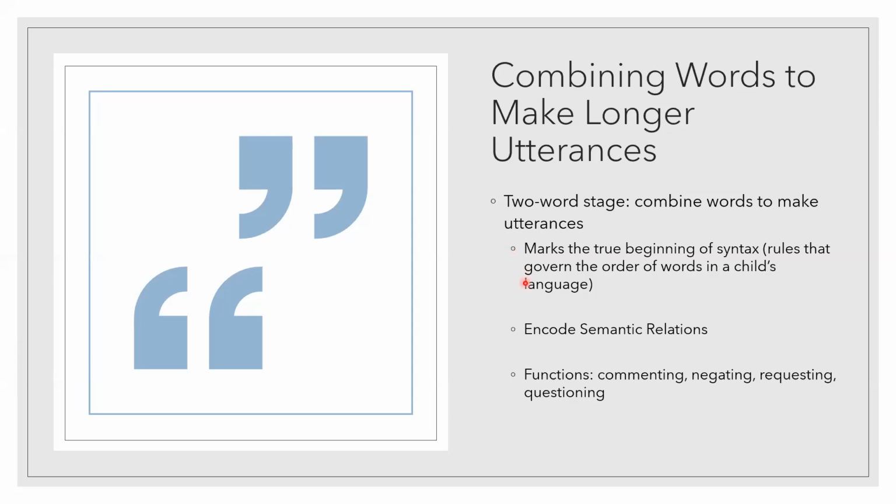All right, and once children get to this stage, they demonstrate that they understand how the meaning of words are related. And that's what they mean by semantic relation. And then they can use words for a lot of different kinds of functions, and we're going to talk about that. And actually, that's something that you guys are going to be thrilled to hear me say I'm going to add into this particular assignment,